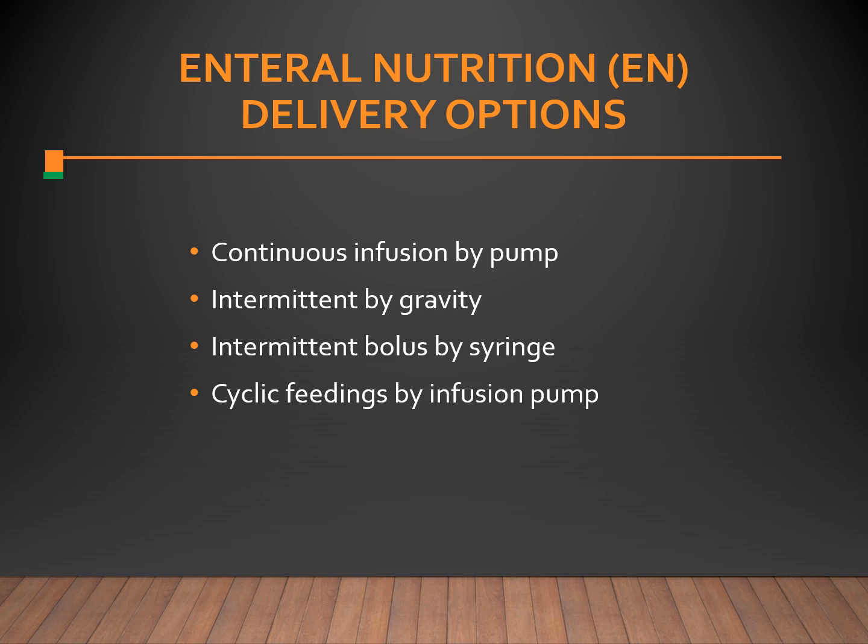Most of these, the continuous infusion usually is used with our most critically ill patients hospitalized. Intermittent feeding can be used for patients receiving feedings at home. A great example of this would be a patient who is maybe on chemo, having trouble getting their nutrition, so they give themselves a little bolus 5-6 times a day, and that helps with their nutrition status.